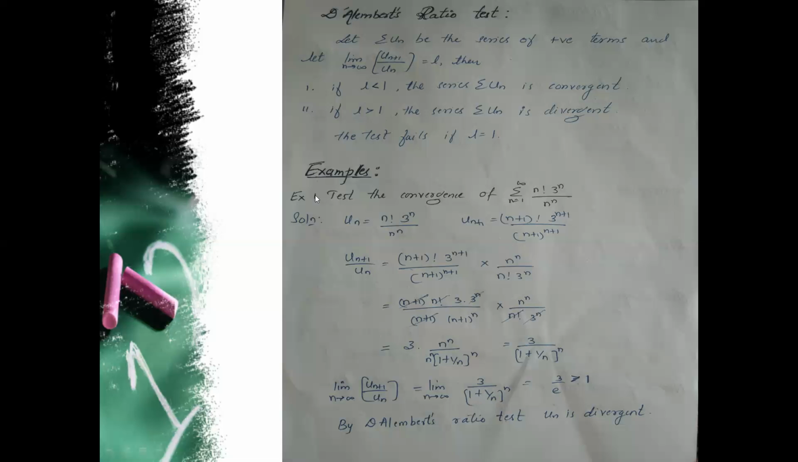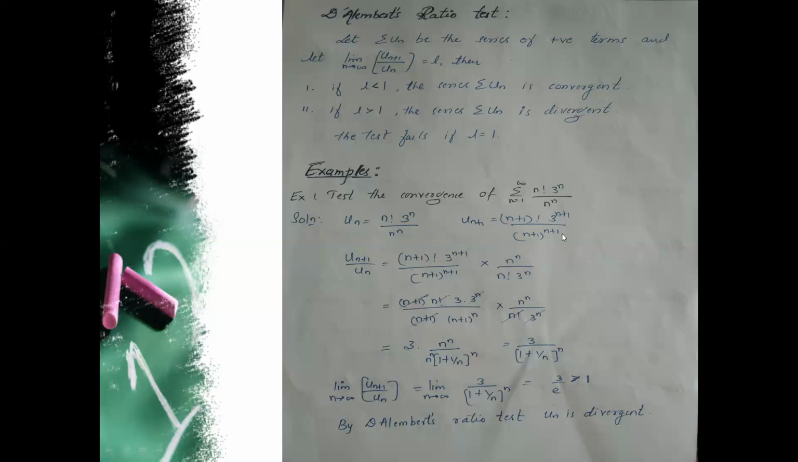Okay, now let us consider an example based on this D'Alembert's ratio test. Test the convergence of summation n equal to 1 to infinity n factorial 3 raised to n divided by n raised to n. So here un is directly given, the nth term is directly given here. We'll write it as the nth term un, n factorial 3 power n divided by n raised to n. Now we'll write what is un plus 1. Just replace n by n plus 1 here. So it gives you n plus 1 factorial 3 power n plus 1 divided by n plus 1,